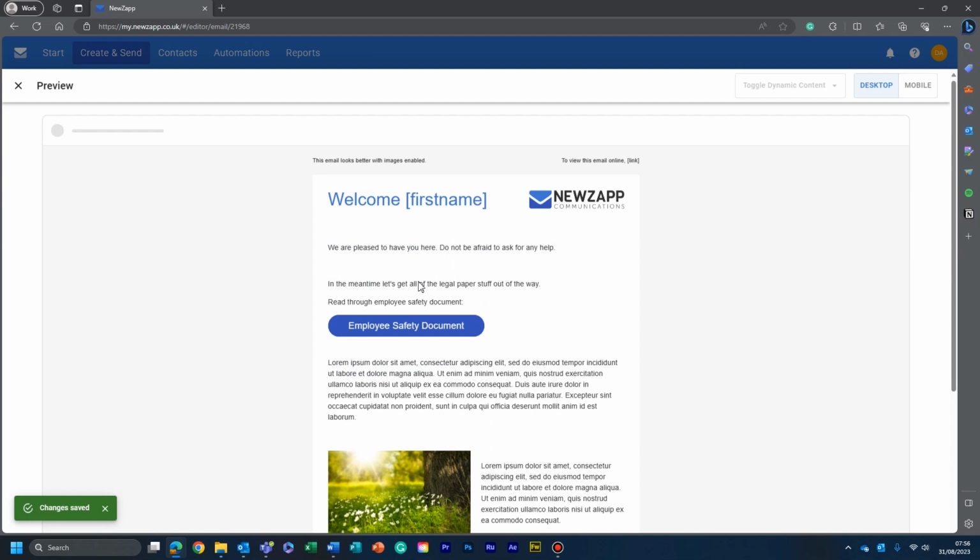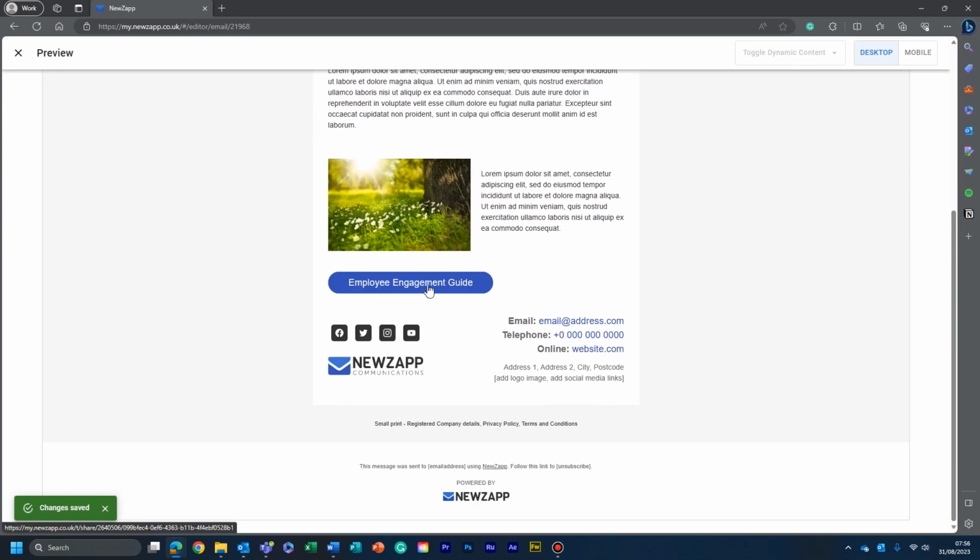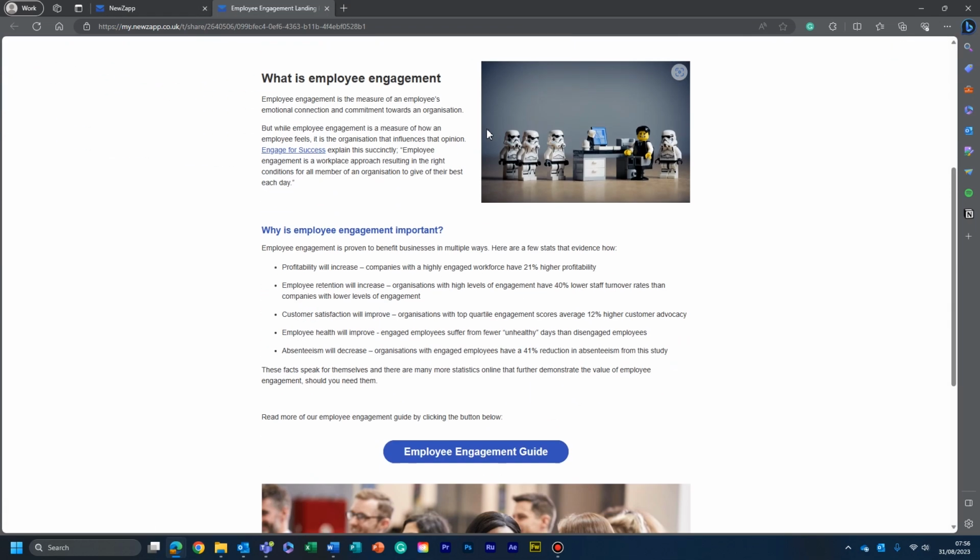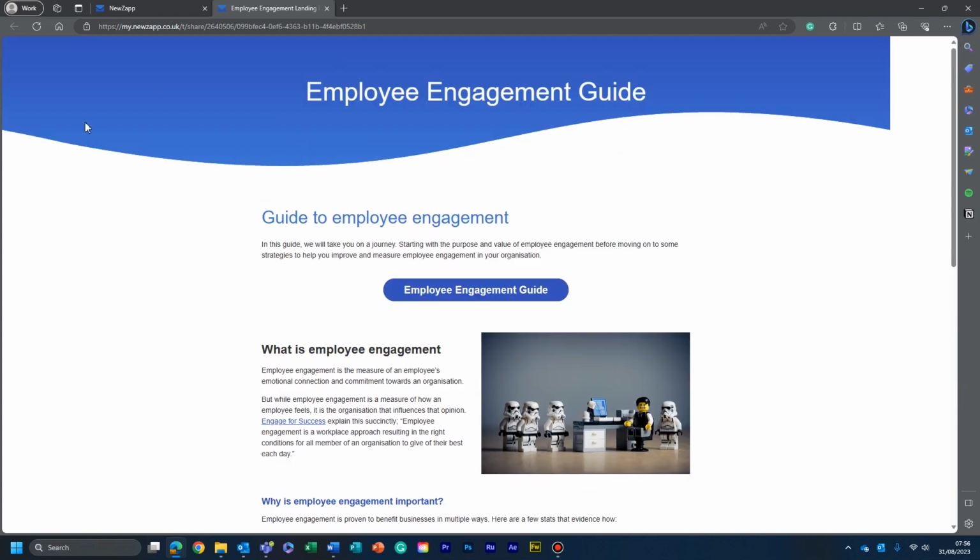Then if we go into preview and we click on this button, as you can see, it has brought us to a landing page. It is a wonderful web page. However, you might notice that on my screen, this does not quite reach the edge. This is probably because of the image resolution. The fact that it is smaller than my screen's resolution means that it will not cover the full width. So I will need to go back in and edit this so that it actually does cover the full width